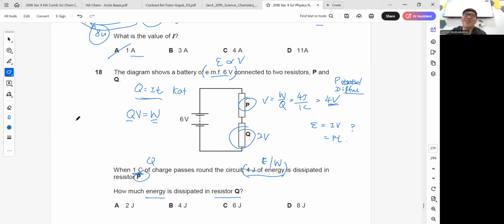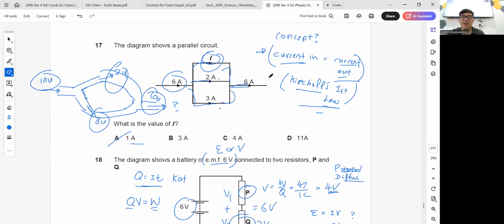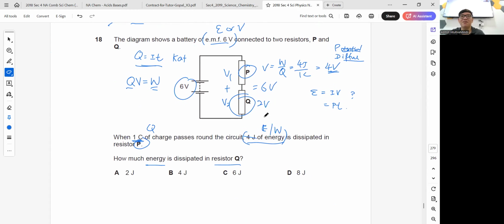So that's another thing also. That's Kirchhoff's second law actually. But again, you don't learn that. So what does second law state? It states that if this is 6 volt, this one and this one must add up together to give you 6 volt. First law is based on current. Second law is based on voltage, potential difference. If that is 2 volt,